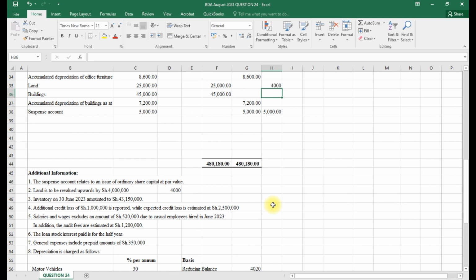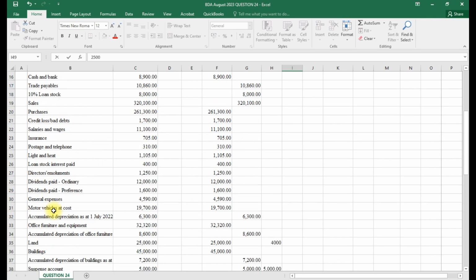Then inventory doesn't appear in the trial balance, it will appear in the income statement. Additional credit loss of 1,000 is to be reported. So here we have 1,000, and we have 25. You just put them separately for the expected credit loss. So for this one, additional credit loss, this is an expense. It will affect our budgets,